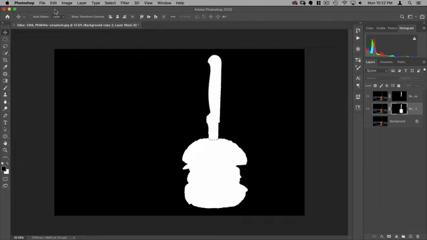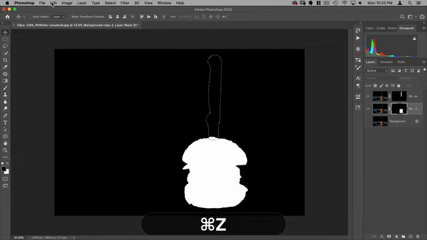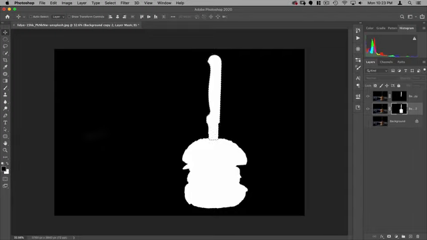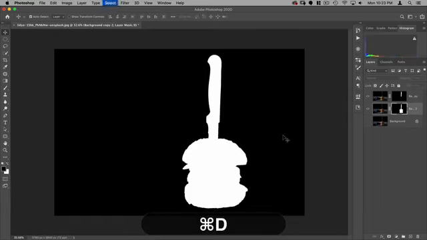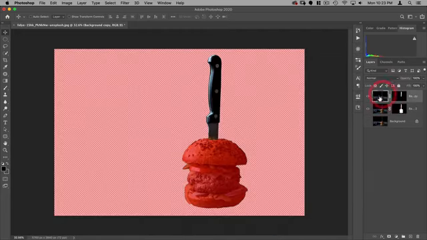And the shortcut for that, let's undo. The shortcut to fill in with your foreground color is Option Delete. And let's do Command Z. To fill in with your background color is Command Delete. So those are shortcuts that you use all the time, so best to remember those. Option Delete to fill in with the foreground color, Command Delete to fill in with the background color. All right, we're going to do Command D to deselect, and I can throw away this one.